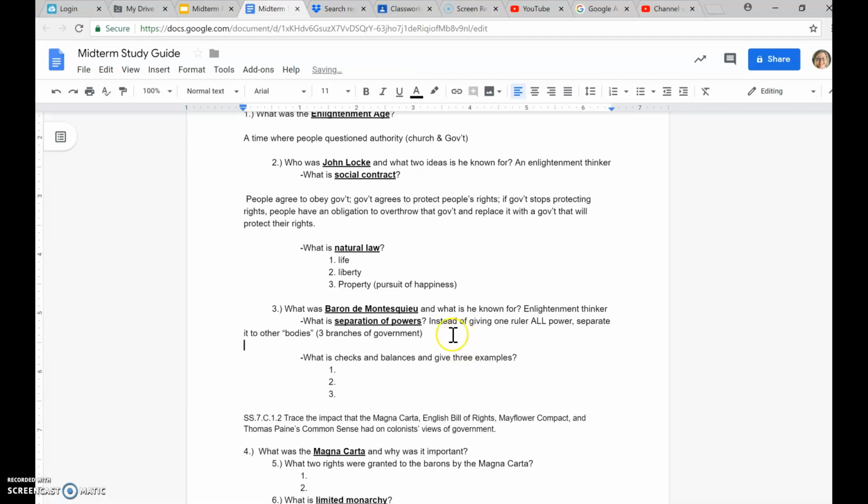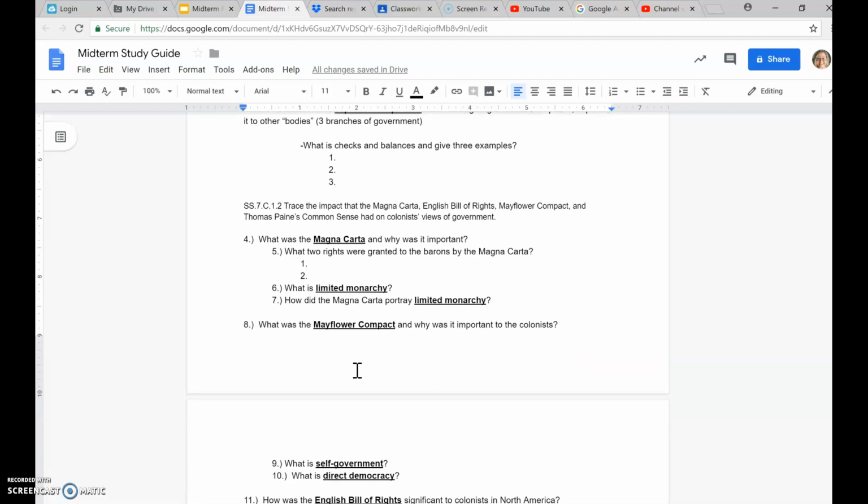Okay. So another thing he did was checks and balances. We're not going to worry about this. Let's just skip this part. We're going to cover it in another chapter. I don't want to confuse you with it, and I feel like that's what's going to happen.